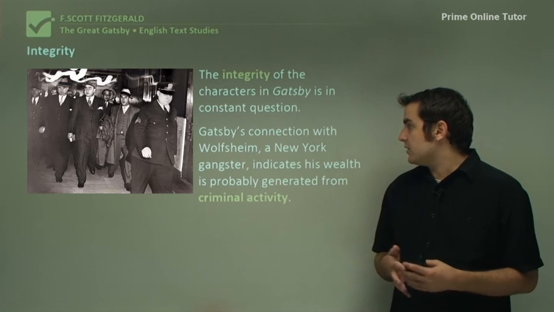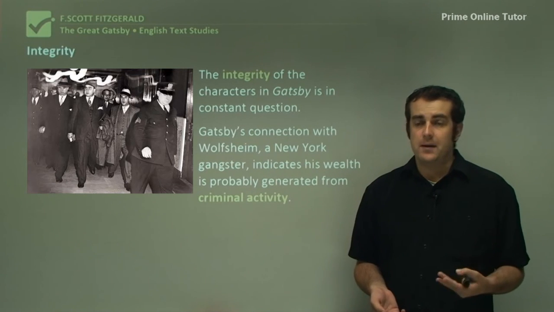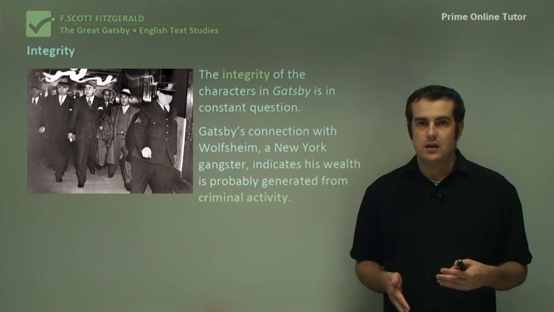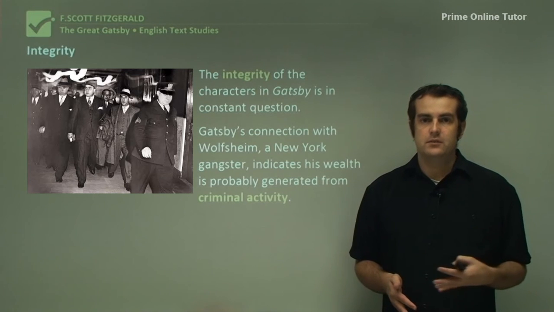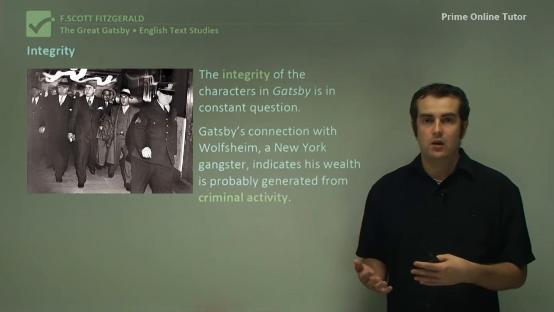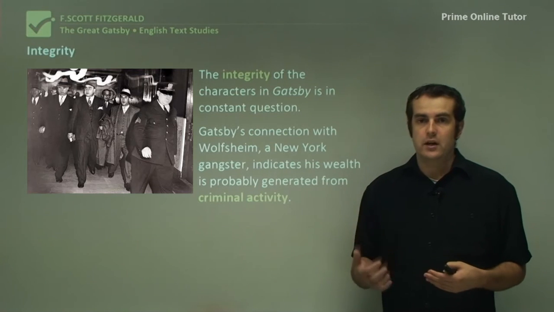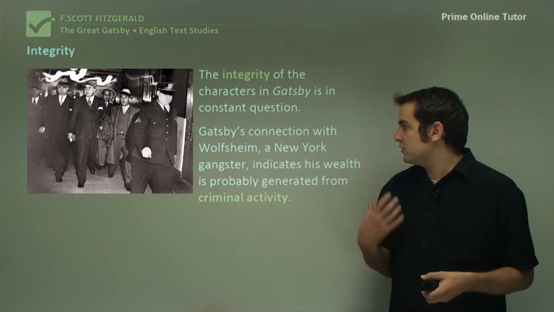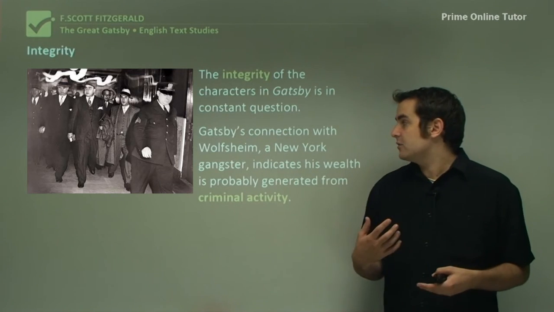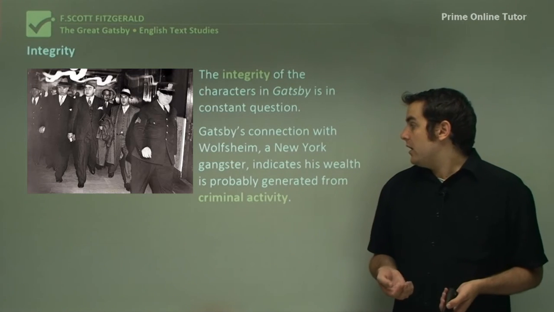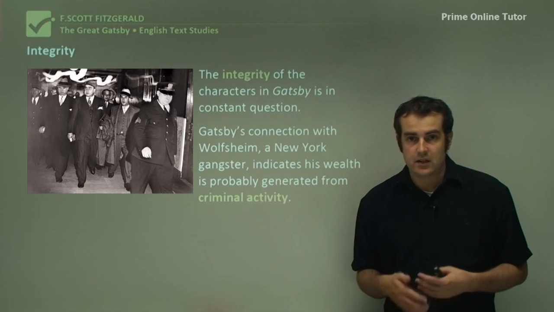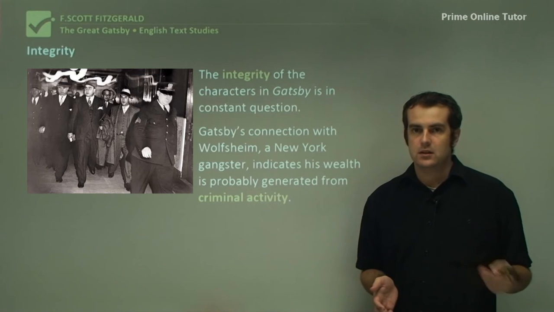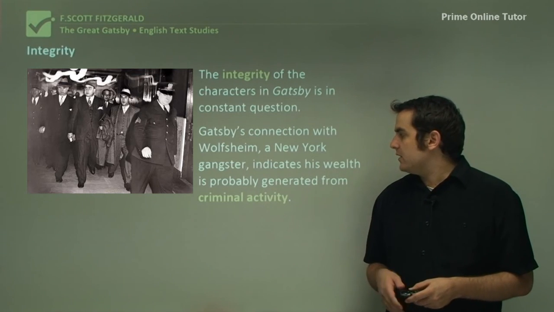Now, the character is basically a play on Arnold Rothstein, who was an infamous character at the time, and sort of indicates this very shady connection. Certainly Rothstein in real life, the real life version of Wolfsheim, was a bootlegger, and it's indicating the same thing as well. So people who knew about the era and the time would pick up immediately that this character is pretty much a bootlegger, and this link between Gatsby and him, and the fact that Nick and Gatsby meet him, is a sense to show